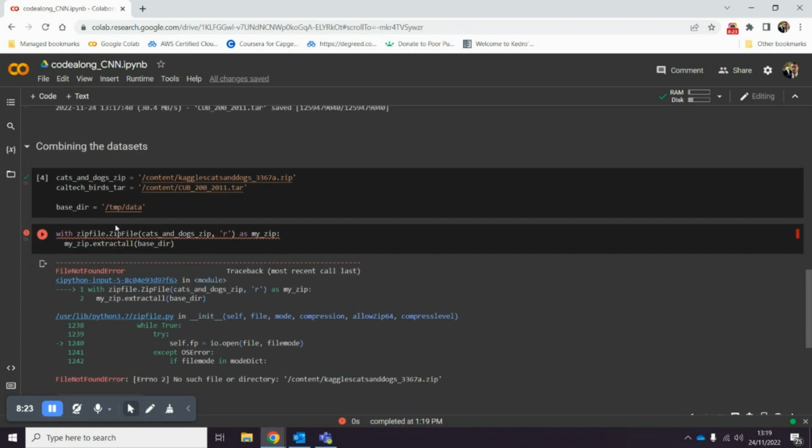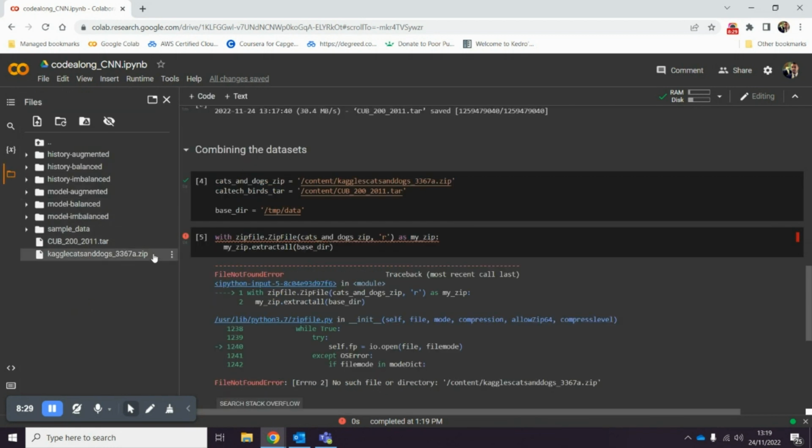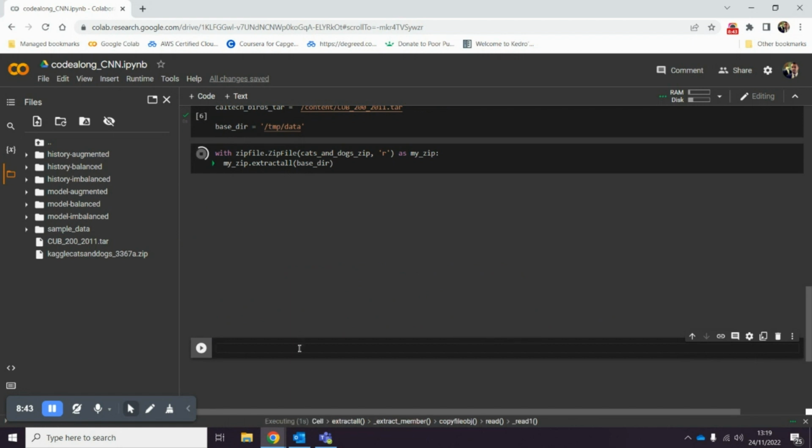Oh no, it hasn't got to work. Have I spelt that wrong? Cats and dogs, content cats and dogs. Have I spelt it wrong? It's just to double check. We can just copy the path, and if we put it there, yeah, I wrote something wrong. So rerun that cell, and we should be good to go. Yeah, it's working now. So that'll extract that, and in the meantime, we'll do the same for the next file,